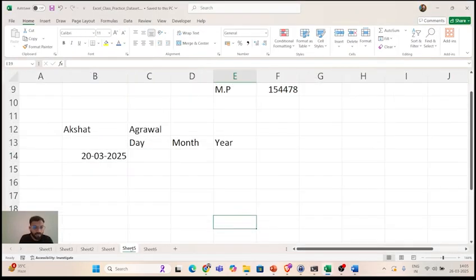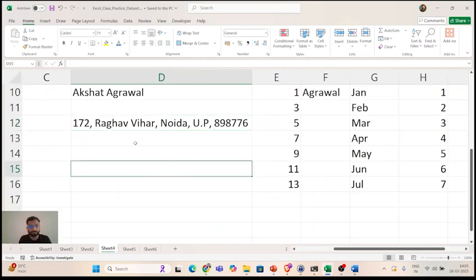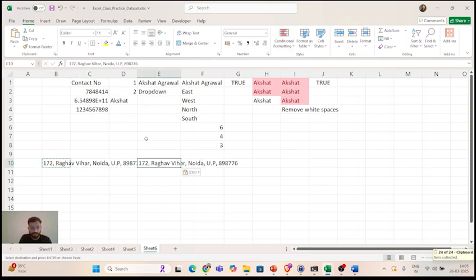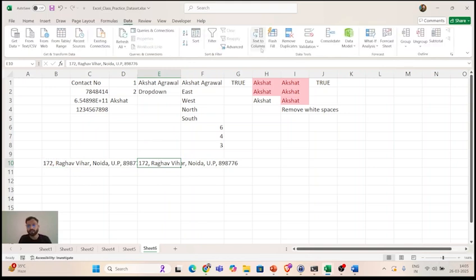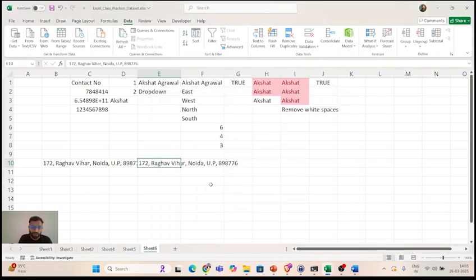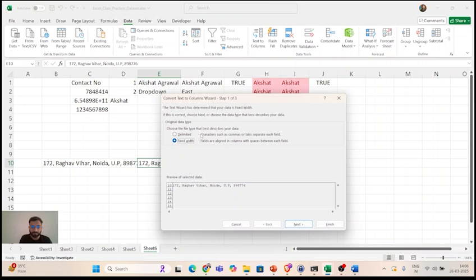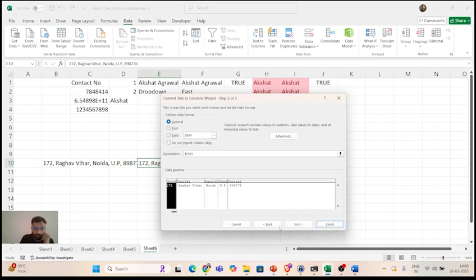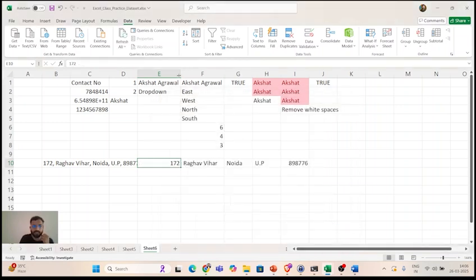So for example, guys, we split this column. Let us take it here, and I'll copy it once again right here. Let me do one thing quickly. I will split this. How do I split this? Tell me in the comments. Data, text to columns, delimited, next, and the separation is comma. So I will remove the space and select the comma option, right? And then, see, this happens, finish. Yeah, so now the data is split.